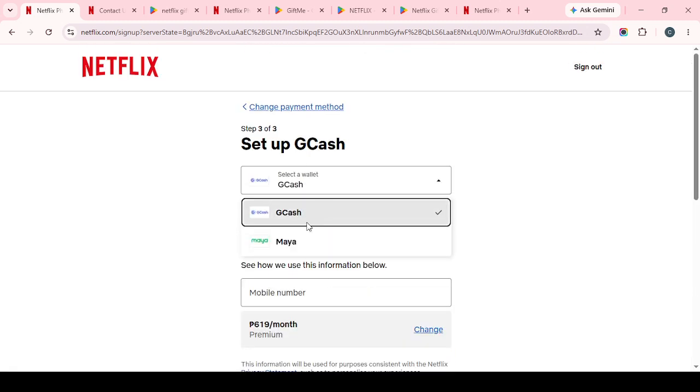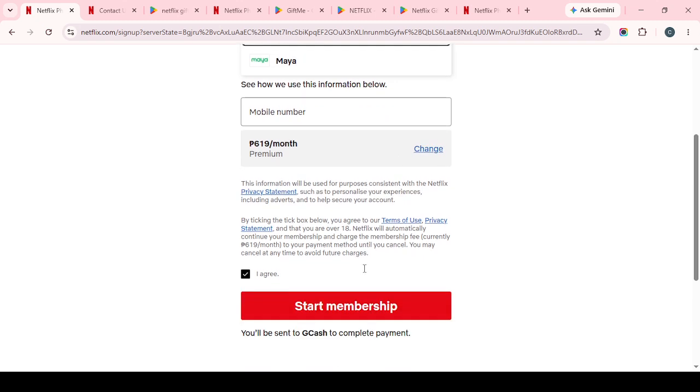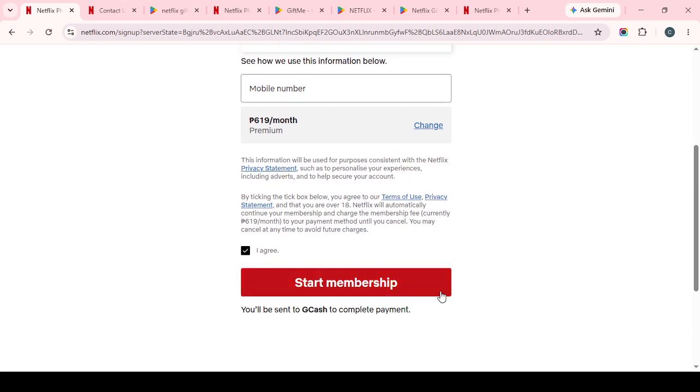And that's it. By going to your account page in Chrome, finding the membership and billing section, clicking cancel membership, and then selecting finish cancellation, you can successfully stop